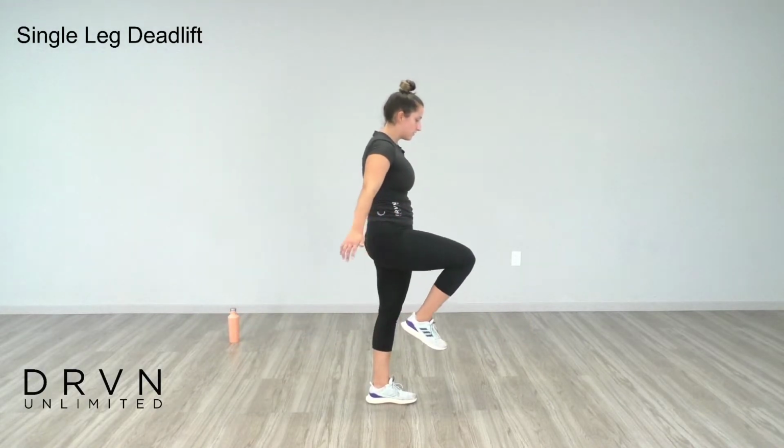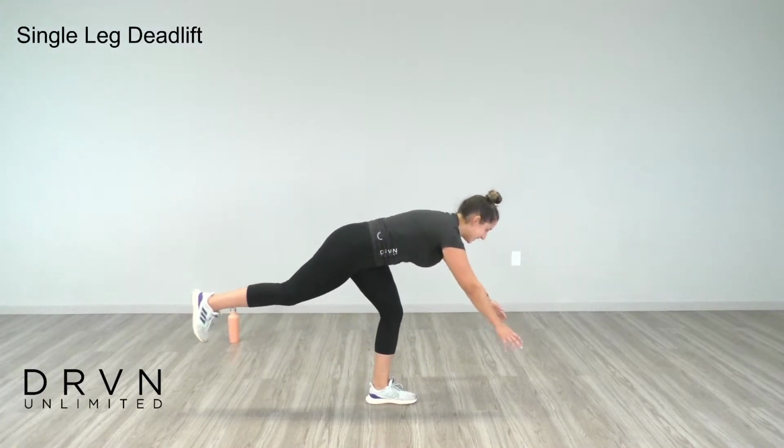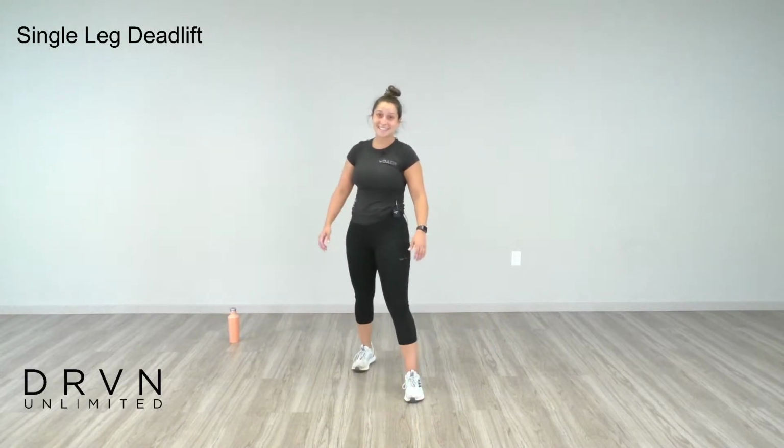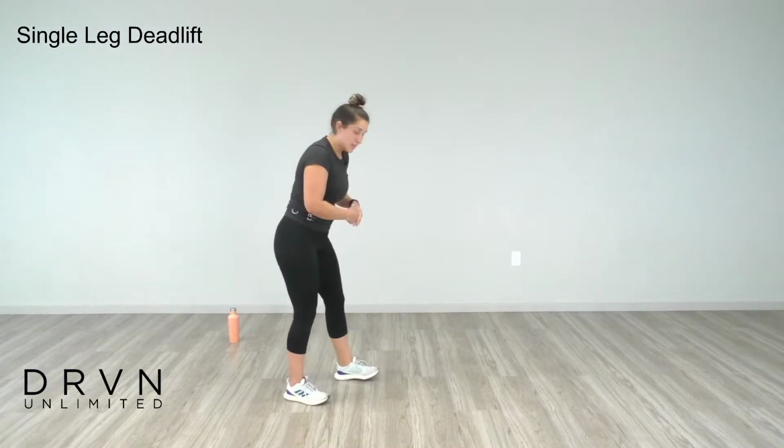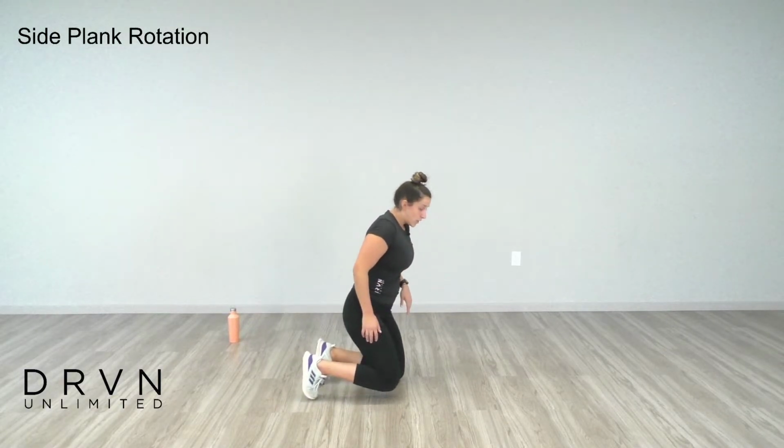Find a spot on the floor to help keep my balance. 3, 2, 1, and time. Nice work. All right. We're going back to the ground, working our core a little bit for a side plank